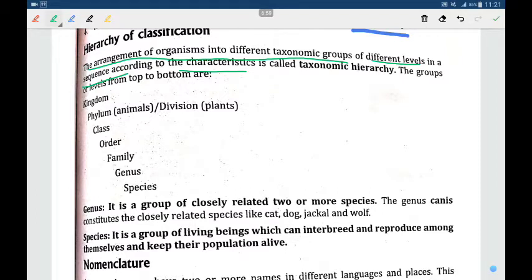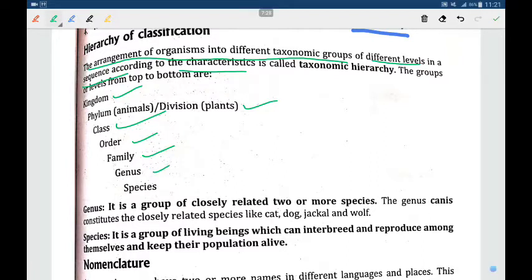It means at first there is one group and it is again divided into next groups. It goes like that. Kingdom, plant kingdom, animal kingdom: kingdoms are few, phylums are more, classes are much more, orders